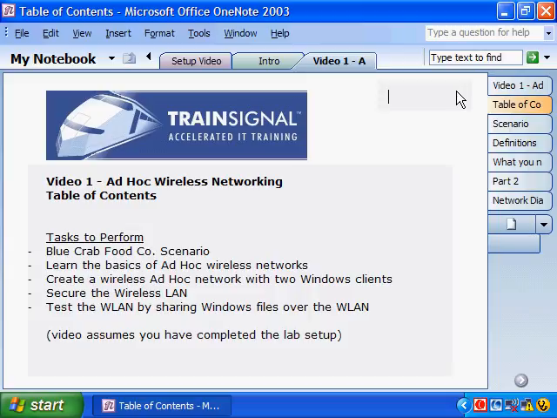In this video, first we're going to review the Blue Crab Food Company scenario and why it is that we're working with ad hoc wireless networking. We're going to learn all the basics of ad hoc wireless networking, definitions, and important facts. Next, we're going to create an ad hoc wireless network between the two Windows clients that we configured in our lab setup video. We're going to secure that wireless LAN, and then we're going to test that wireless LAN using